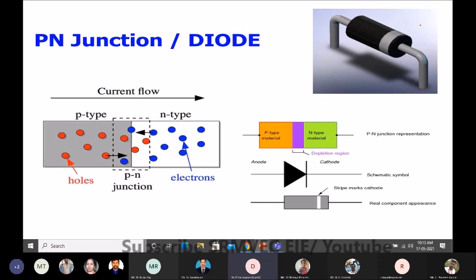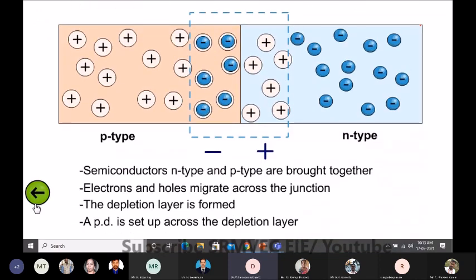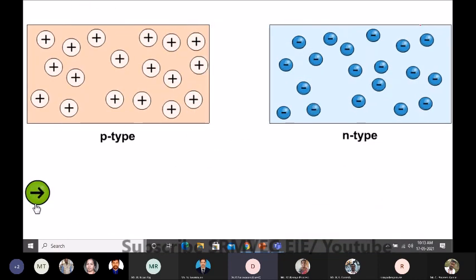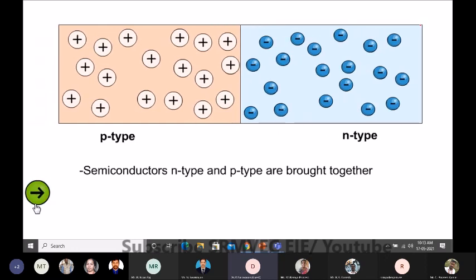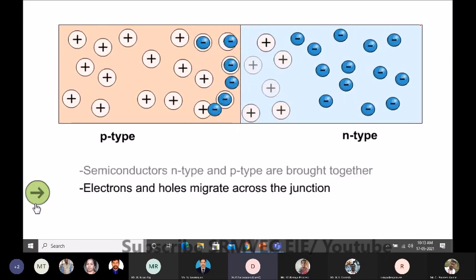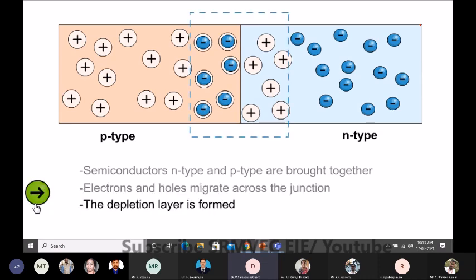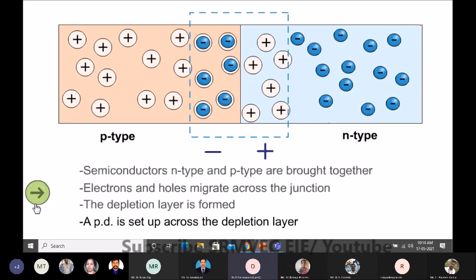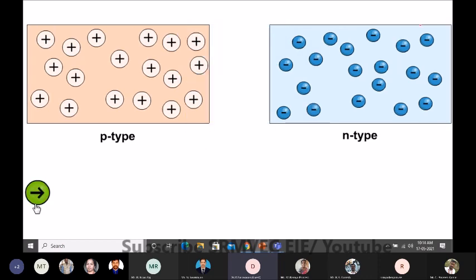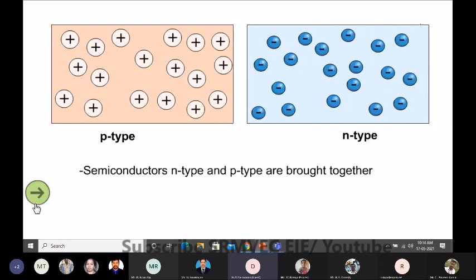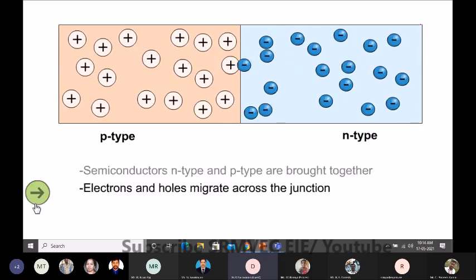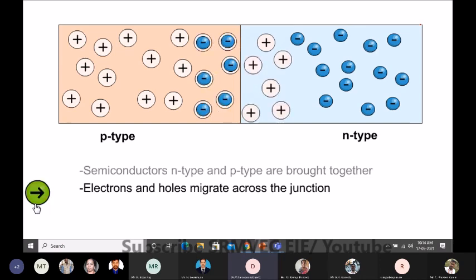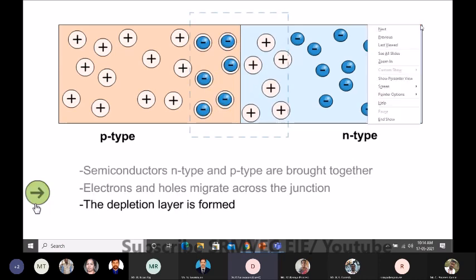Starting from how they are formed, P-type means more holes are available, and N-type means more electrons are available. When they are joined together, some of the excess charges recombine and make a barrier potential. This is how the theory goes. But I don't want this type of thing for a starter, because this is available everywhere. So now we will get into the actual type of teaching, how the teaching has to be done.